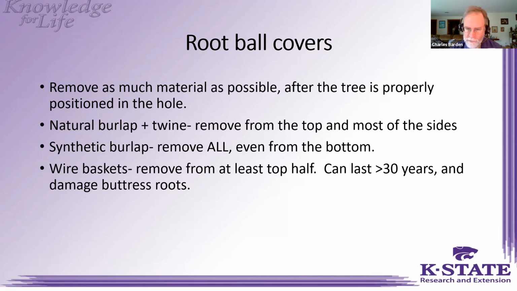We start to investigate the root system, and we find the wire basket is cut into the buttress root and damaged the root system. We found trees where they were planted 30 years ago and the wire basket is still intact. And the reason why you want to remove the wire basket primarily from the top half of the planting hole, the root system, is the buttress roots are the ones that grow out sideways in the soil and get very large in diameter, and those are found in the upper half of the root system. That's the large lateral roots that spread out and get very large. And when the wire basket cuts into those root systems, you get decay problems happening right at the root system, just below the soil surface.